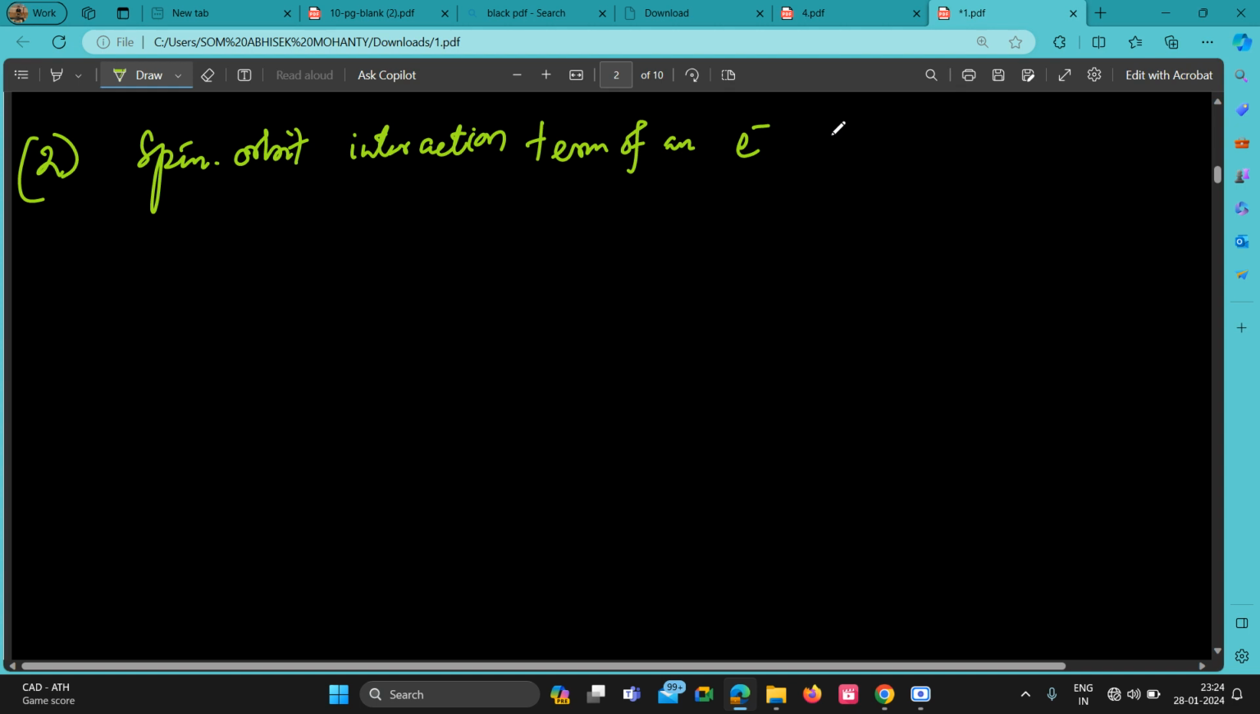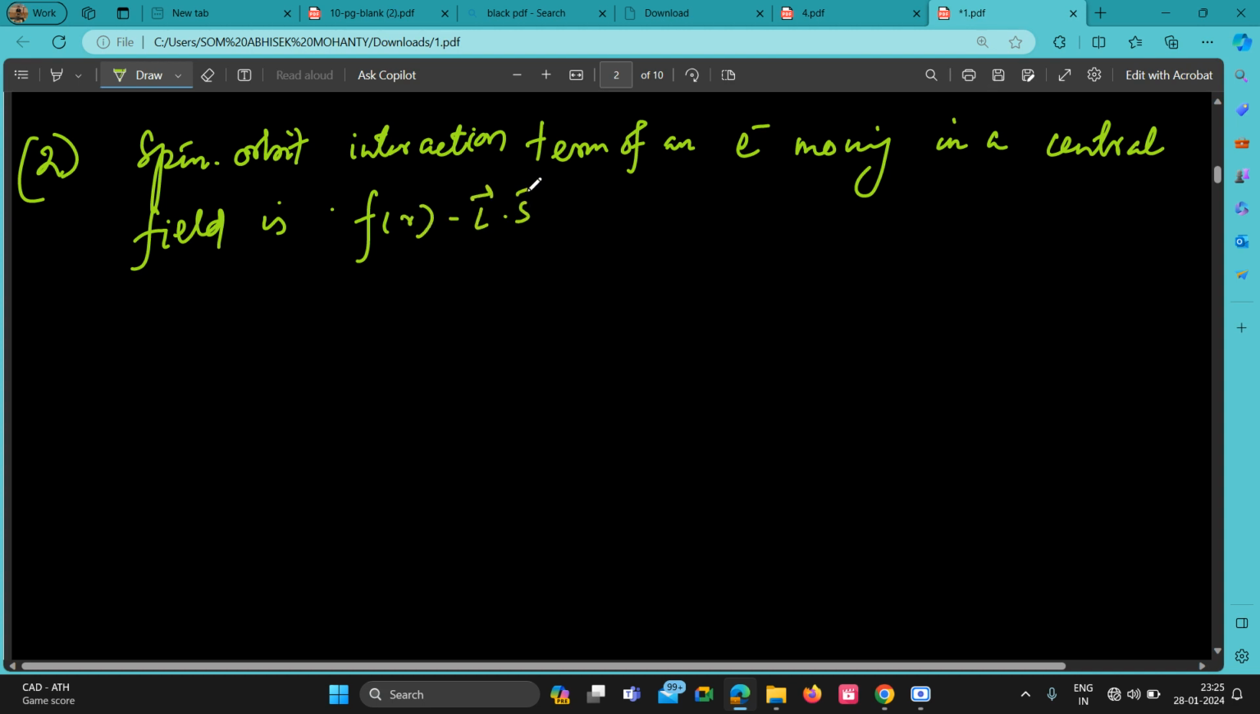Question number two says: the spin orbit interaction term of an electron moving in a central field is written as f(r)